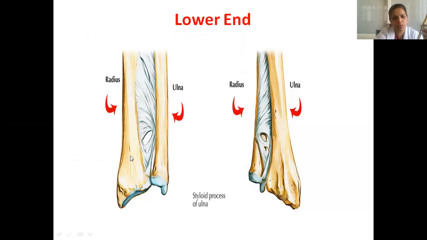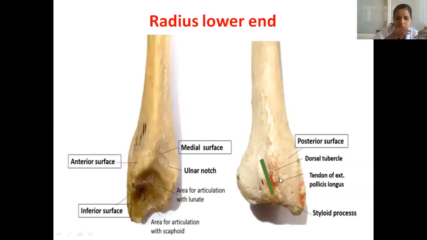So you can see this is the anterior aspect of the lower end of the radius. It has an anterior surface, a lateral surface projecting a styloid process, isn't it? Then it has an inferior surface. Then it has a medial surface articulating with the head of the ulna to form the inferior radioulnar joint, and this is the posterior surface. There is a sharp elevation called what? Lister's tubercle, or tubercle of Lister. Here you can see the dorsal tubercle of Lister, or simply the dorsal tubercle.